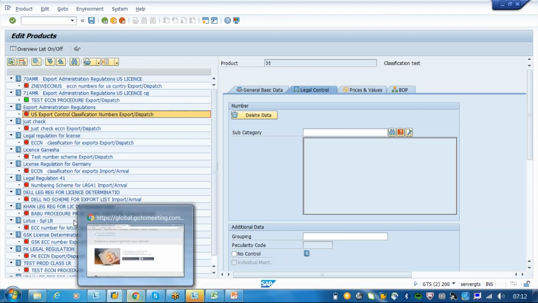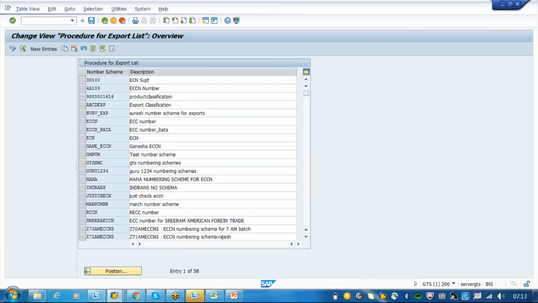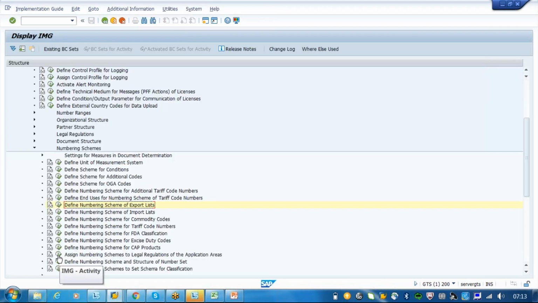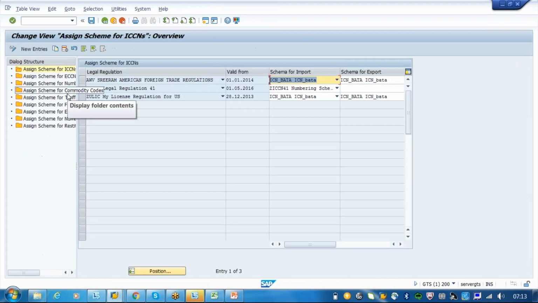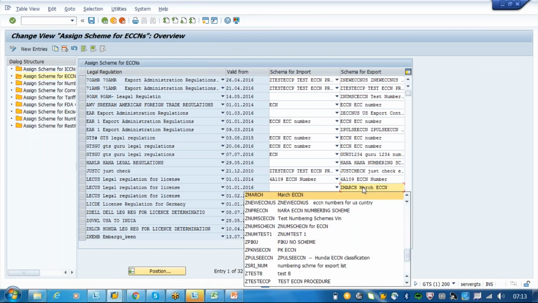How you can identify here is, you have assigned one numbering schema to the legal regulation. So based on that legal regulation, you have to identify. Like for example, you created one legal regulation for your ECCN number, LVCS, legal regulation for license. So this is what you created. There are two, I think. Okay, so this is expired.